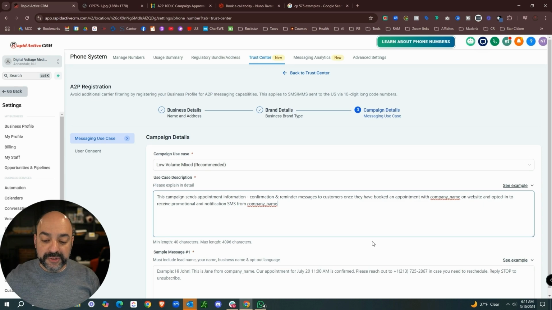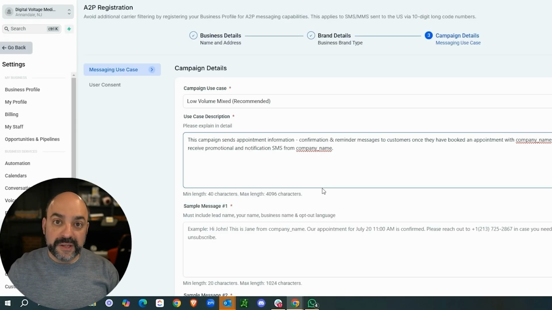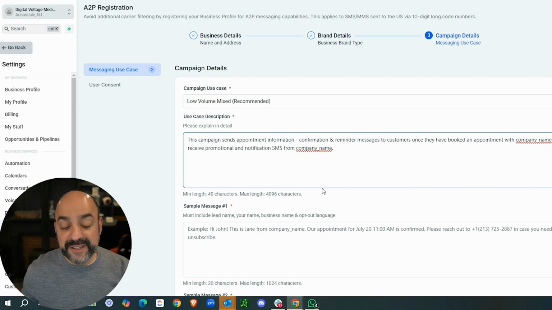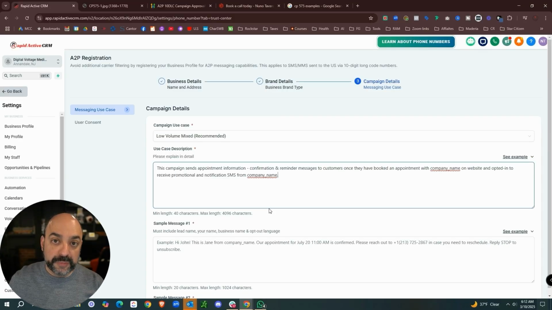A lot of the examples that you're going to see throughout this whole thing are going to say company name throughout. If you do not switch that to the company name you're registering with, this will fail, period. And this is honestly one of the biggest mistakes we see constantly, over and over again. Even after explaining this several different times, people don't go in here and take the time to fill it out. This has to be to the specifications of your business. If you decide to just send this in the way it is, it will automatically fail.